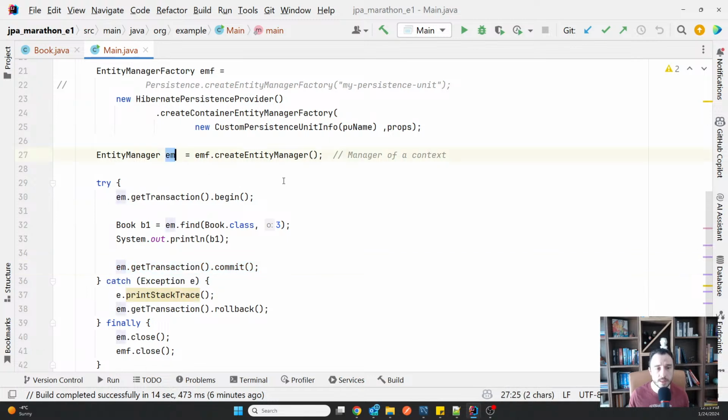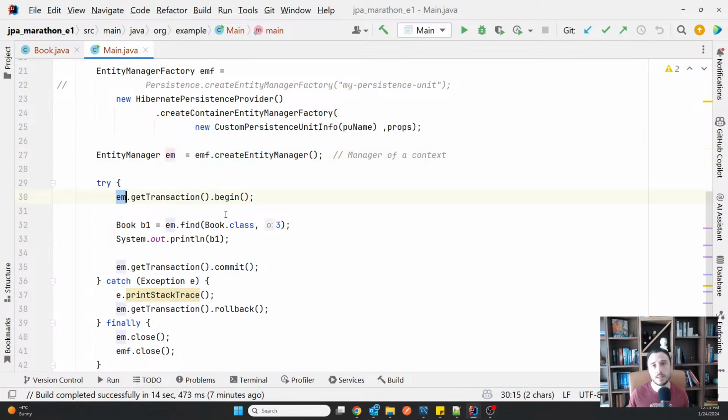So imagine the entity manager as a person having a set of objects that it manages. It can change that set of objects. It can add new objects, and it can remove objects. Now, when you create an entity manager like you do this way, there is nothing in the set of objects.